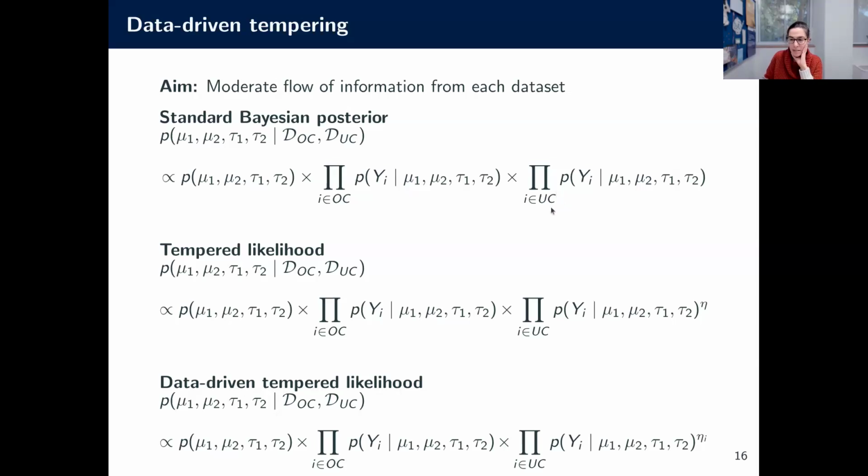And what happens with any model, if you're combining two data sets, when one is much bigger than the other, the bigger data set will tend to really dominate what ends up happening with your parameters. So we wanted to have a way to say, look, don't overdo it, especially if you're in regions of covariate space where you really don't have a lot of the good data. You mostly only have bad data. And the way that we did this, I won't go into the details, is